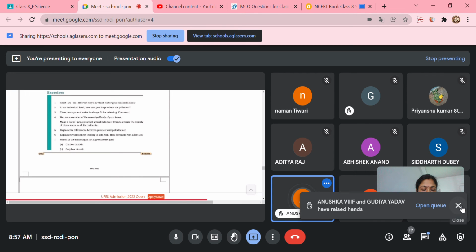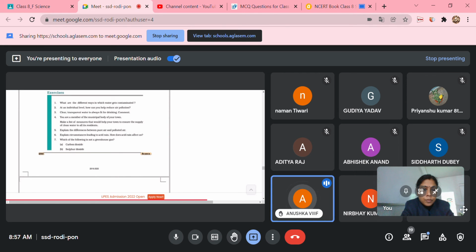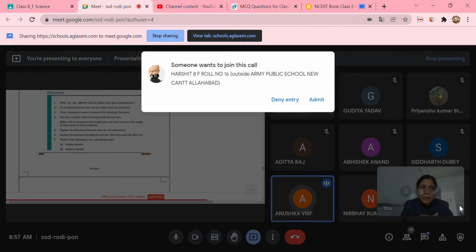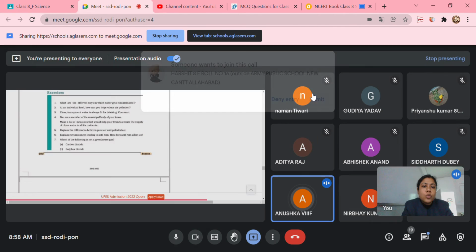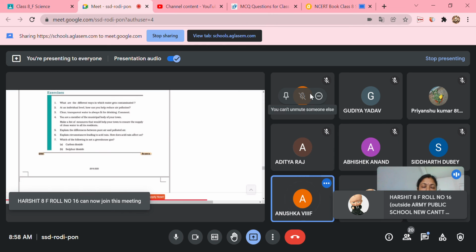Ma'am, mainly nitrogen dioxide and sulfur dioxide are the pollutants, which react with water vapor present in the atmosphere to form sulfuric acid and nitric acid. Ma'am, these acids come down with the rain and make it acidic. The effects of acid rain are that the acid dissolves in water and the resultant water becomes acidic.